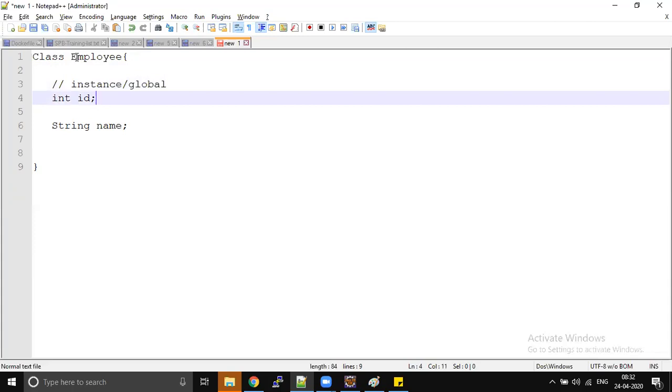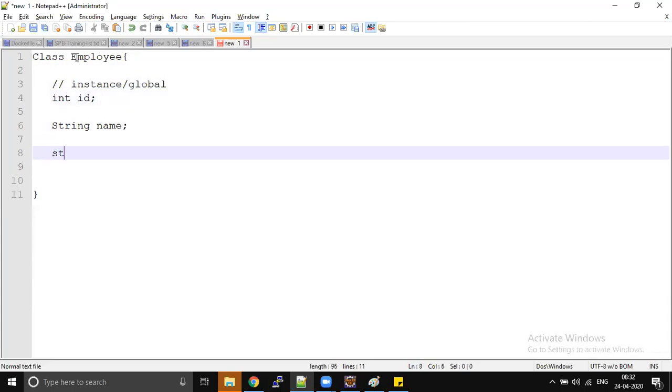For example, if I add one more variable called static String companyName, then what is the company name here? This is a static variable. We have a clear classification between instance variables and static variables.